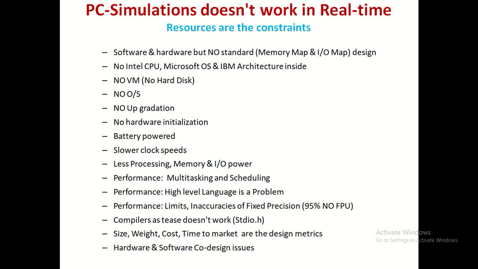Then the third point is, you might have noticed that other than a personal computer, you don't find a hard disk in any of these application specific systems. You don't find a hard disk in a mobile phone, you don't find a hard disk in washing machines, air conditioners, refrigerators, two-wheelers, four-wheelers, any process control instrumentation. A hard disk is there only in a computer.